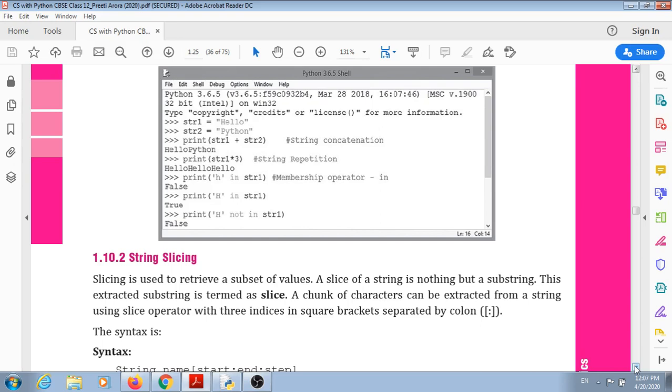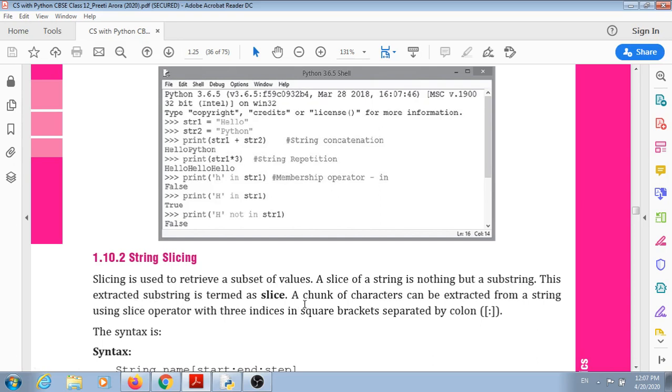How many steps you want to skip or take in each iteration while retrieving the characters or values. A slice of a string is nothing but a substring. This extracted substring is termed as slice.